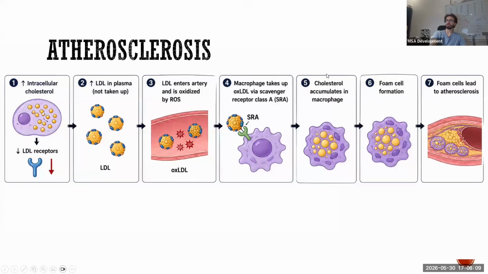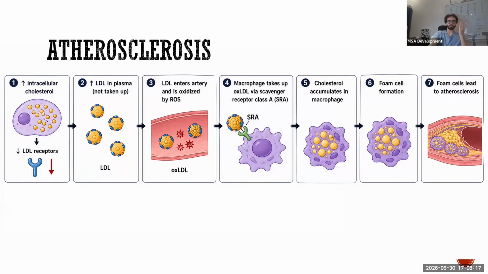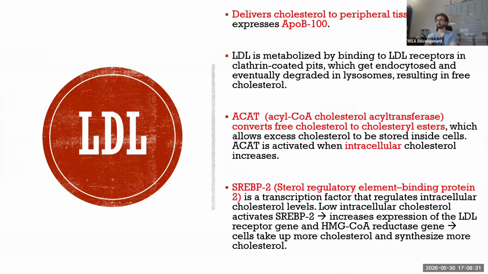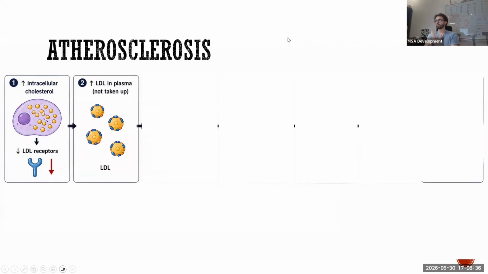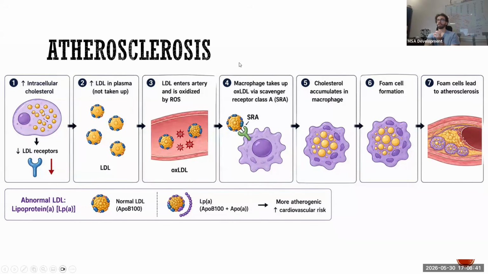Okay, I want you to memorize and understand this whole pathway for atherosclerosis. Of course, something important I want you to know. You might ask, does this happen in everyone? Not specifically. It happens in people with an abnormal LDL. What is the apoprotein that's usually in LDL? We already said it here. Going back: Apo B100. In people that get atherosclerosis more likely or more often, they don't have the normal Apo B100. They have a defective one, called lipoprotein A.